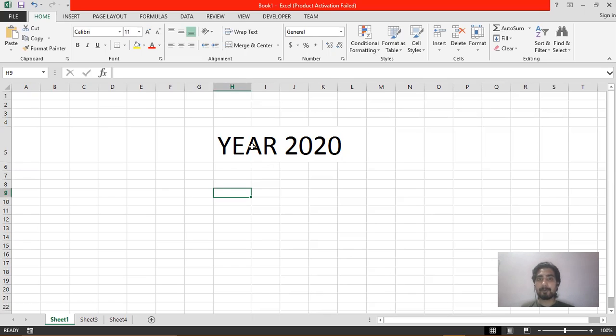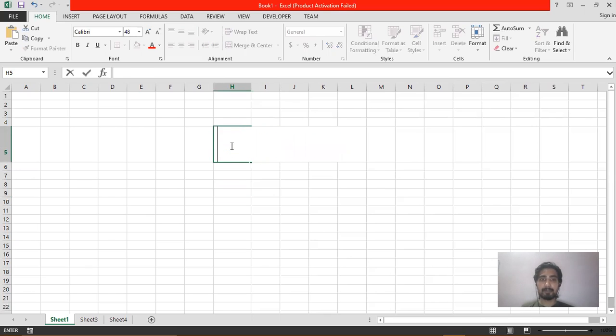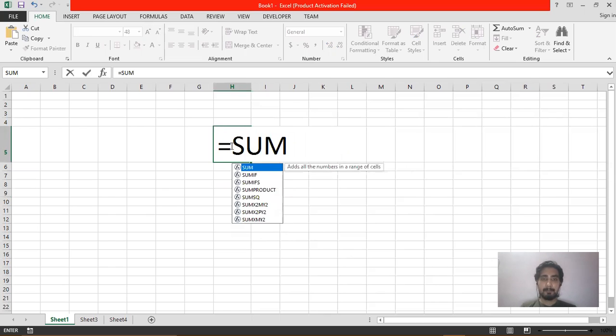And if you are writing a formula in your Excel worksheet, for example, let's write a formula here, and formula will always start with equal to sign. So first give the equal to sign, and then whatever formula you want to write, you can write that: sum, open bracket, and then you can type the cell name which you want to add in your Excel worksheet.